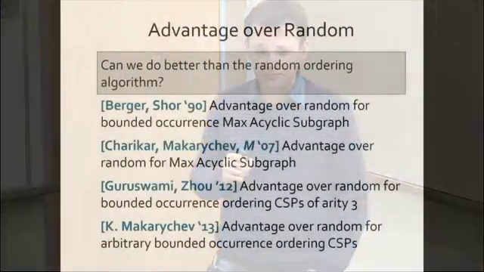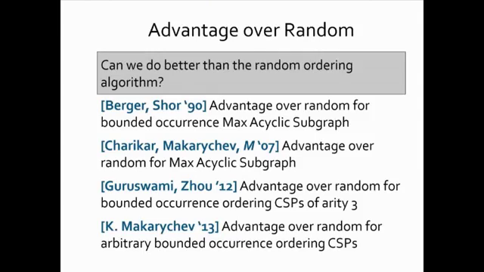But there are many, many results in this area, and there are still many open problems. This problem, the advantage over random, was also studied for ordinary CSPs. Let me first tell you about positive results, and then I will tell you about negative results. So first, Berger and Shor, very long time ago in 1990, showed that we can get advantage over random for